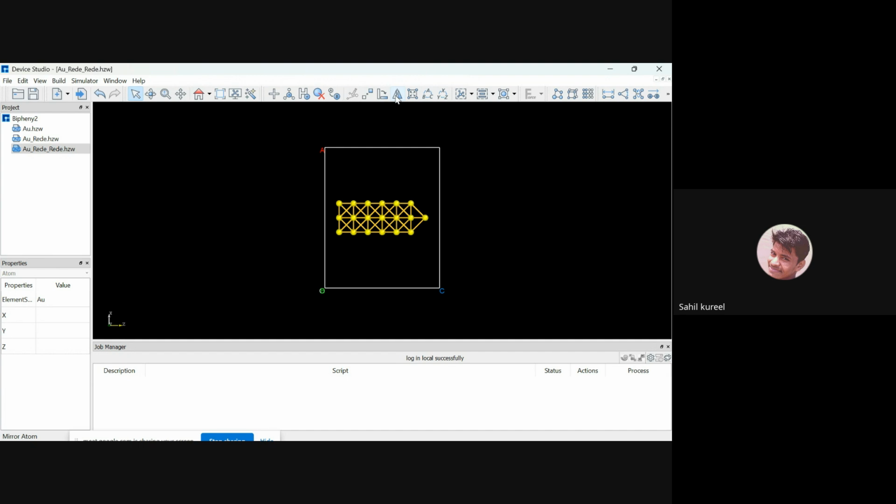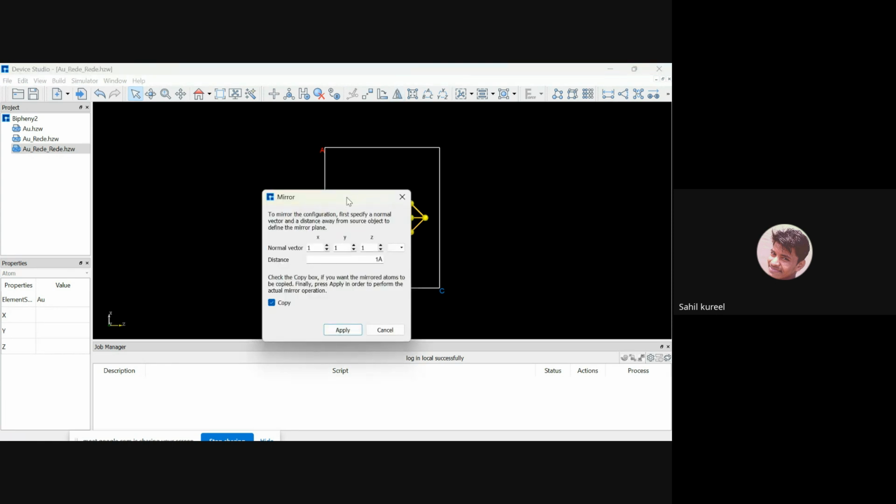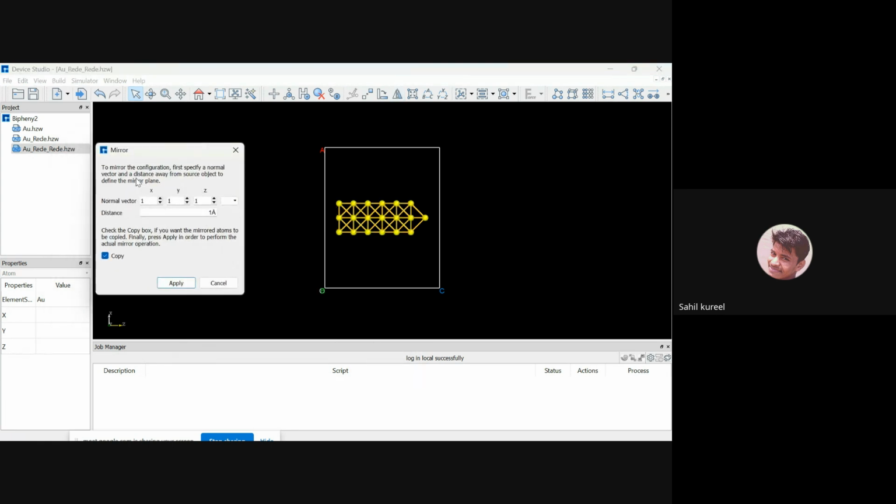So you can create the same mirror type of structures. Like normal vectors we have selected. In here the plane that we have selected is xy, therefore we are choosing xy. And this distance that we want to create, we can choose any distance, but we can select